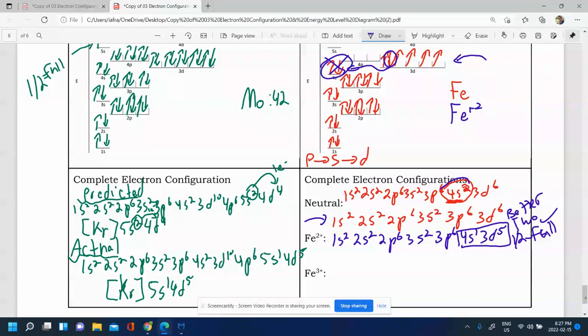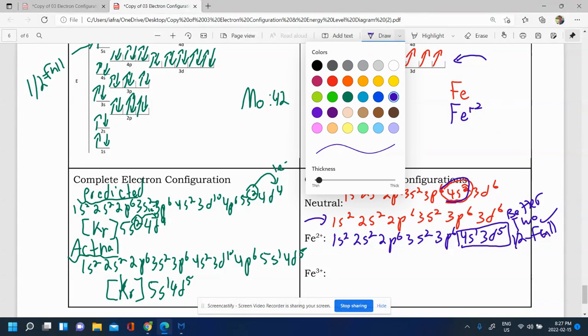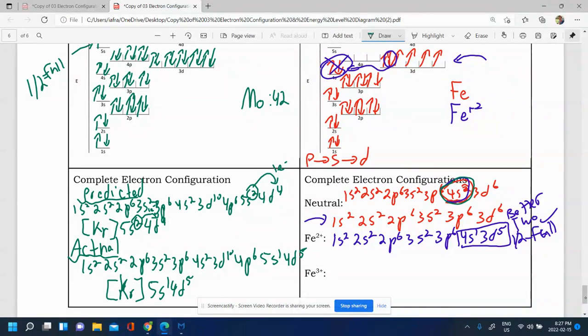So we'd remove the 2 from the, let's make it a different color. We'd remove the 2 from the S over here. That would make it 2 plus, but we need to remove one more, and that one more would come from the D over here. And so that would be our 1s2,